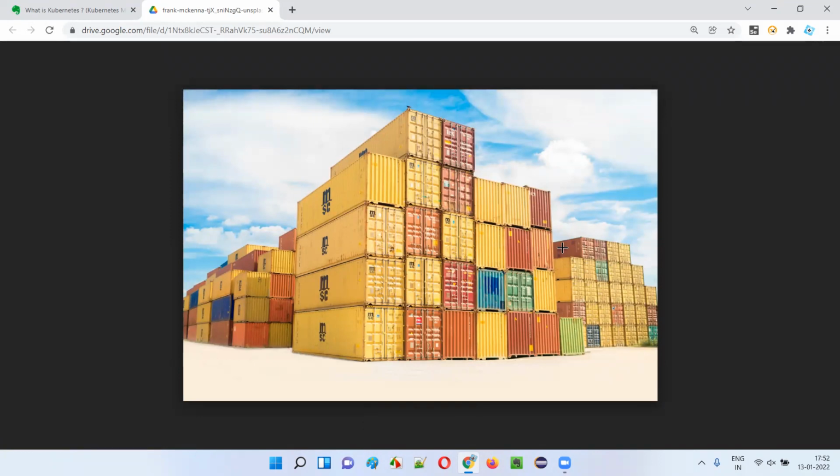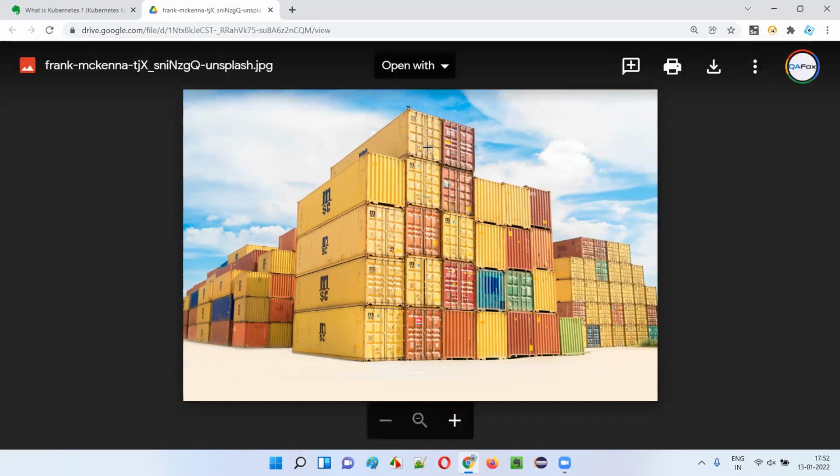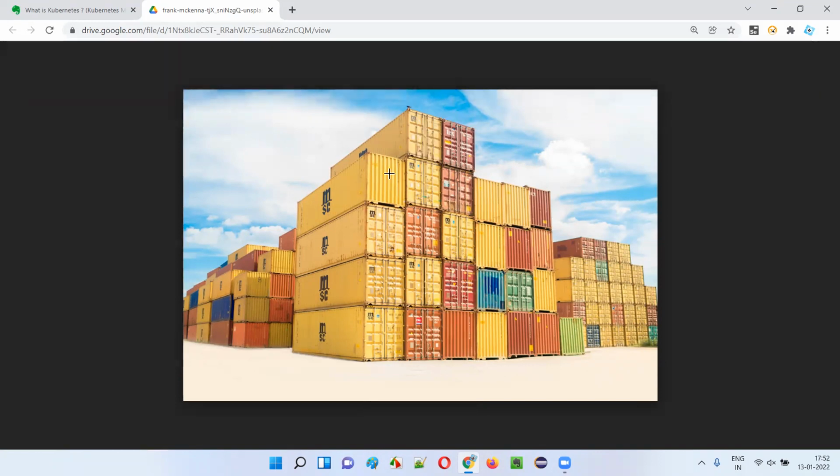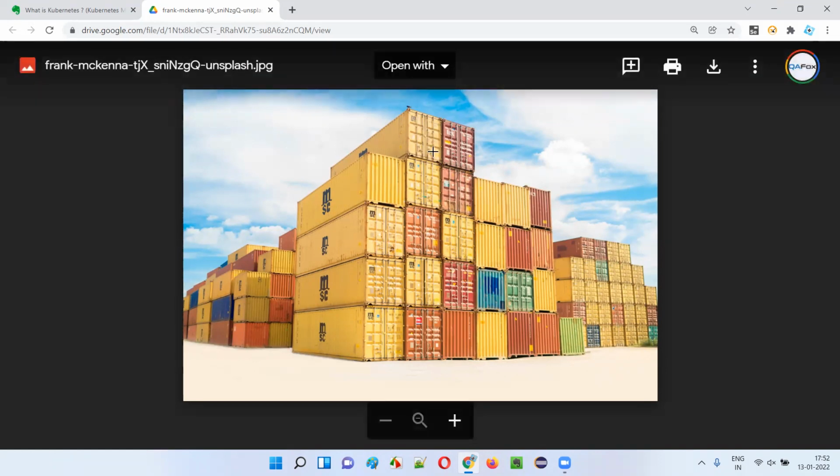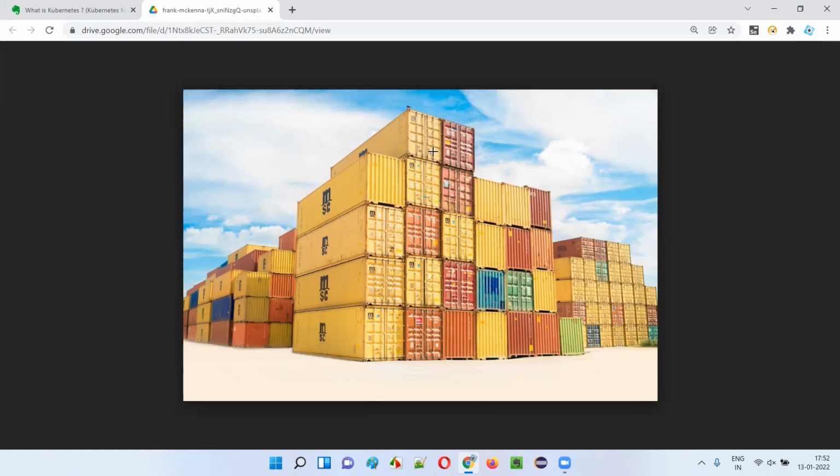For shipping, right? If you want to pack a group of things and ship them to another location, we need containers. For example, if you want to import some goods from another country or location to your locality for doing business, you will get those goods in the form of containers. The other person who is selling the goods will pack all the goods required by you in this kind of boxes known as containers, and ship them as a pack to your location. Then you can unpack these containers